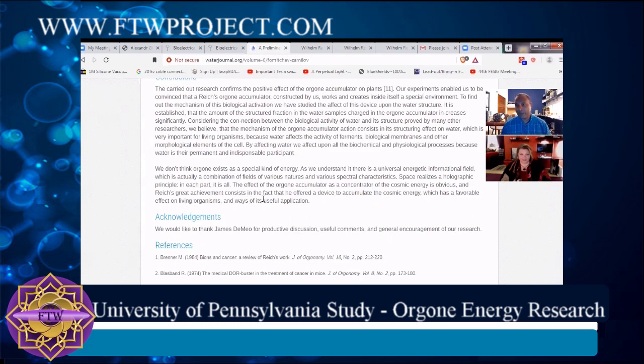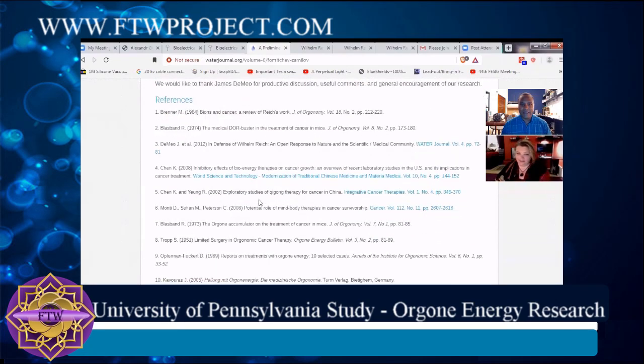Now, we're talking about cosmic energy, we're talking about open systems. We're in a sea of energy, environmental energy that's coming from space and the environment around us, and how these devices can be channeled to basically structure water and revitalize things like seedlings. So I thought this was an amazing study